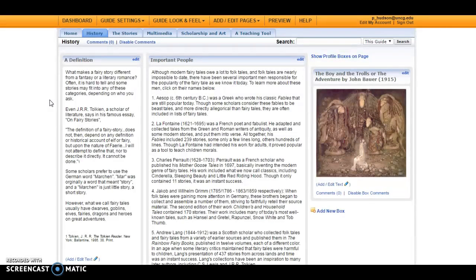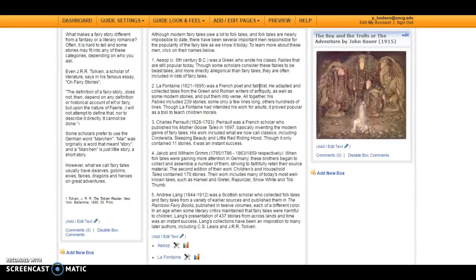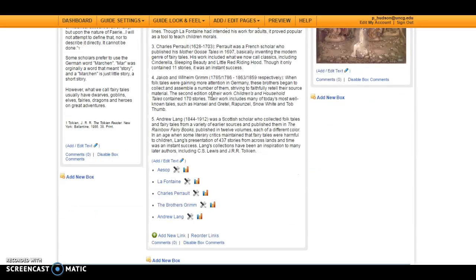What's a folk tale? What's a romance? Sometimes it seems certain stories go into 2 or 3 categories. So there is some definition about that, and then some of the major figures that got us to where we are with our modern understanding of fairy tales. So we have down here some information. For example, if I want to learn more about the Brothers Grimm,